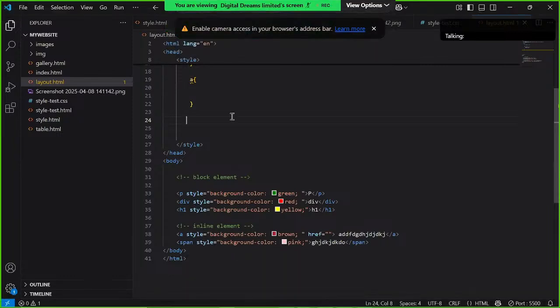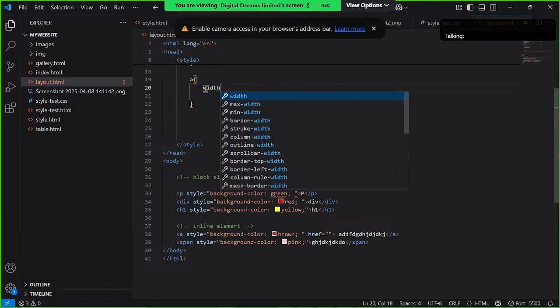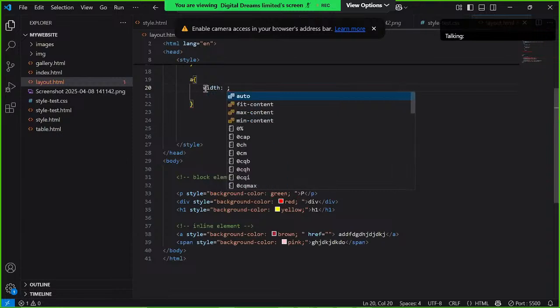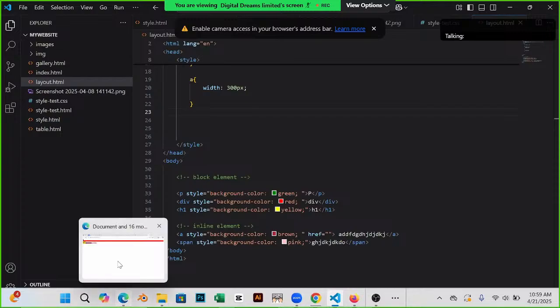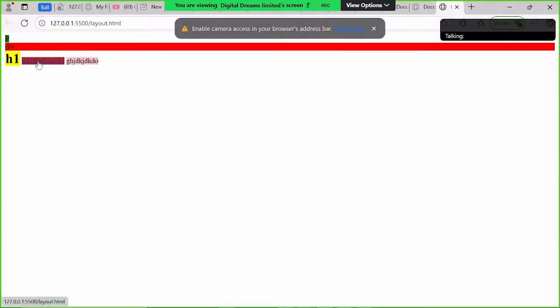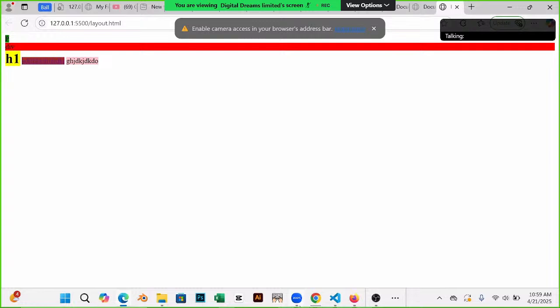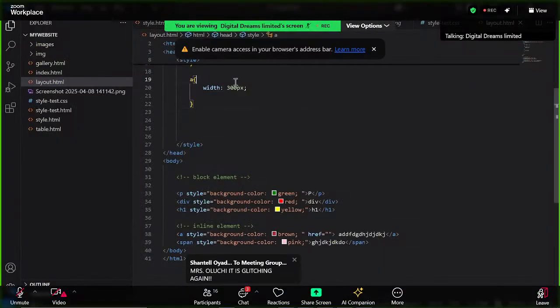So now naturally when you have the A tag, you cannot change the width. Let me show you what I mean. You cannot change the width when it's just the A tag. Let me show you. This is the A. I am changing the A that is naturally an inline. I want to change the width and it is not working. It's still there looking at me. Now I want to display it as